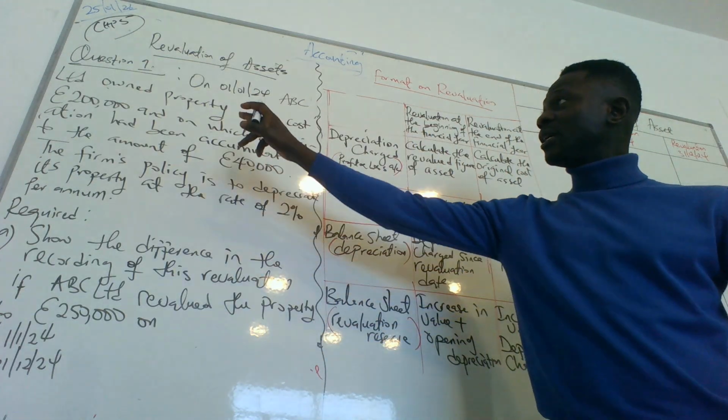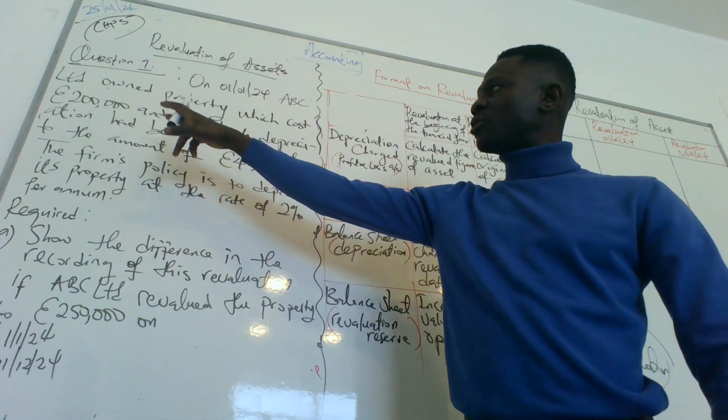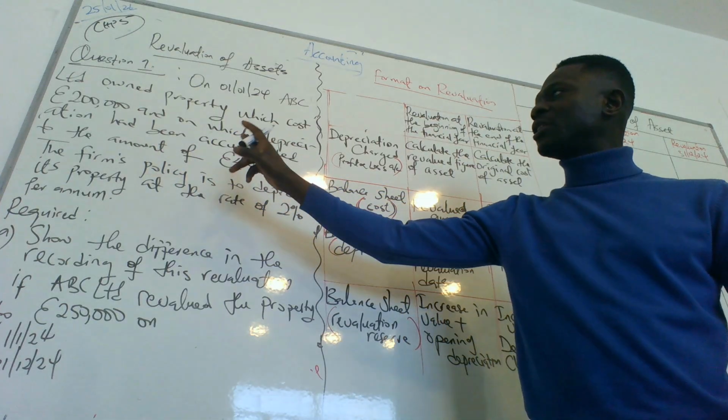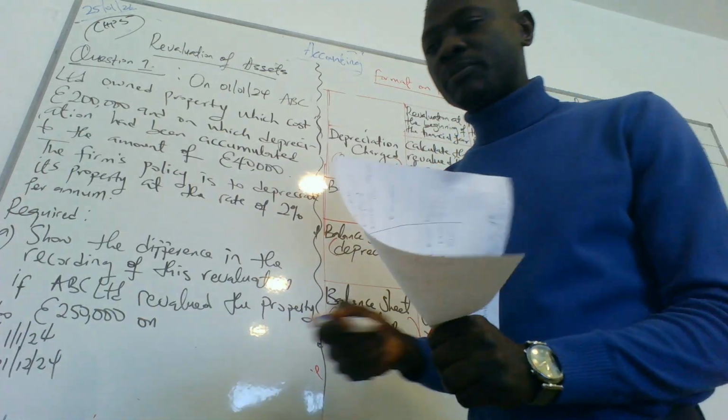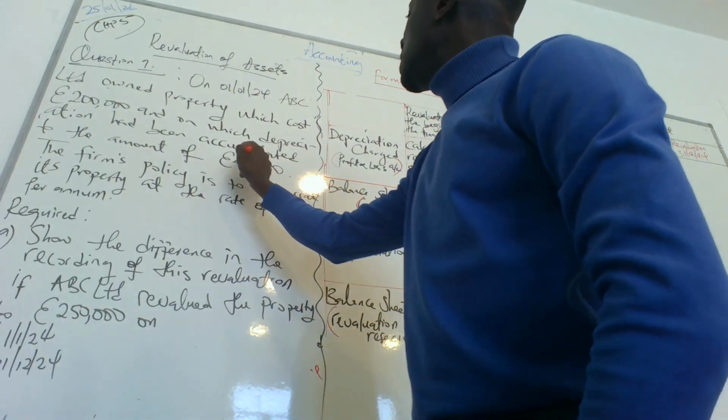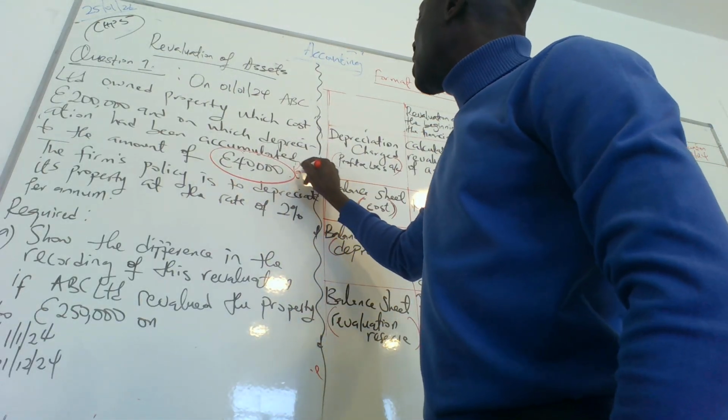ABC Limited owned property which costs 200,000 euros and on which depreciation has been accumulated to the amount of 40,000. So this is the depreciation, which is in our profit and loss account. Remember,